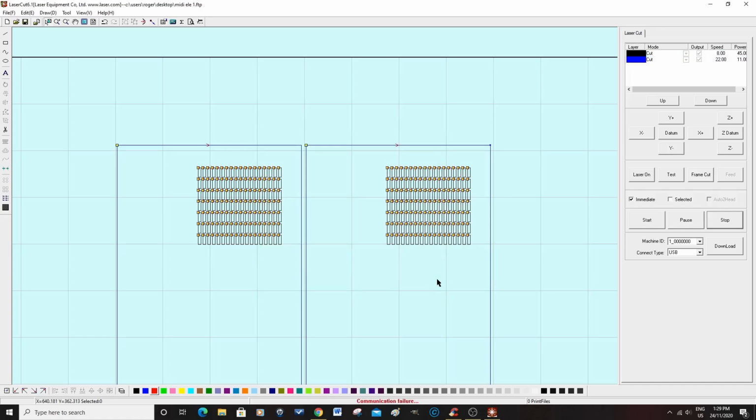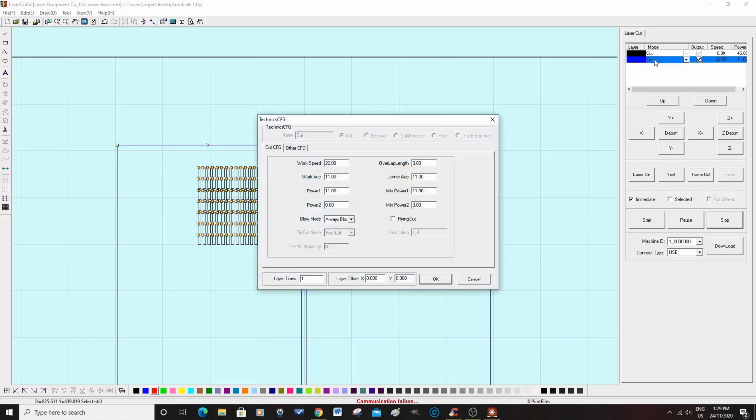And it's done it. So now we come to the second one, and it's exactly the same process, because it's the same material and we're going to cut it the same. So it's 8mm, 50%, 50%,